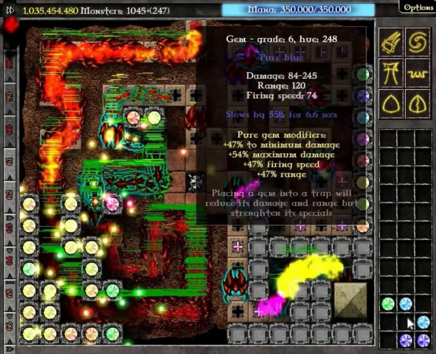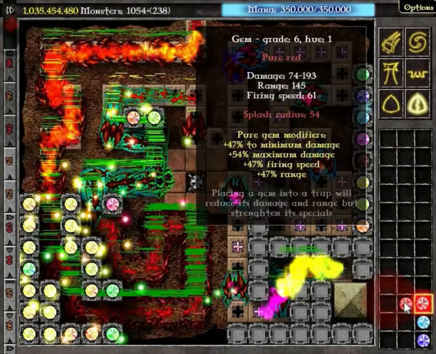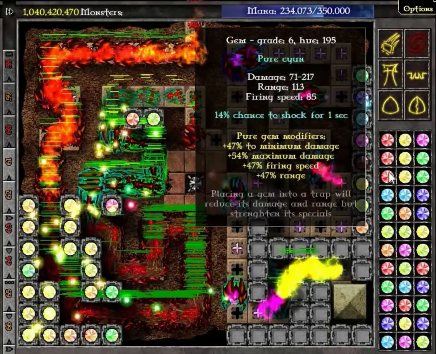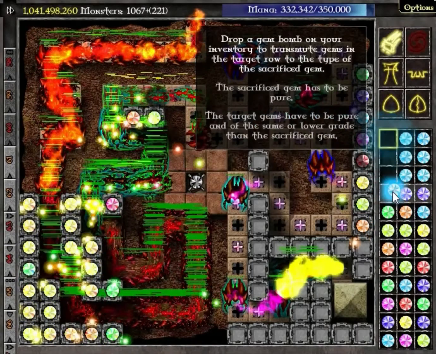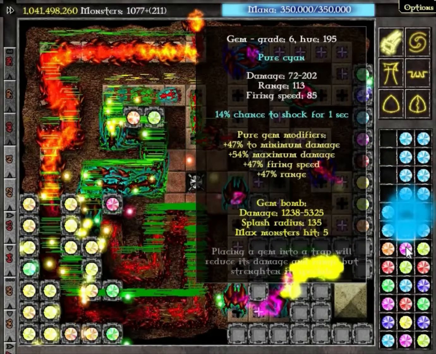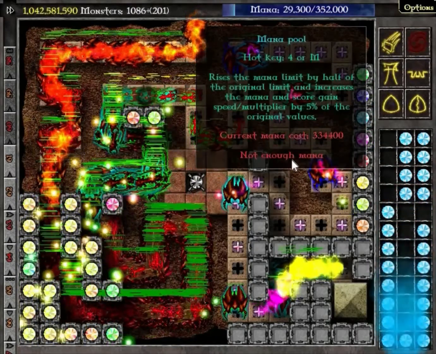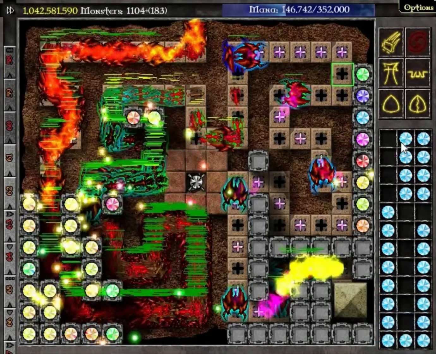I know what I'm going to do here. Right. So, there you go. That's what you need for the last one. Red cyan, red blue, grade 8. Perfect. Now, let's go ahead and create a whole mess of these. And let's also keep upgrading that mana pool. Can't fall asleep on that. Okay, now, let's go ahead and...